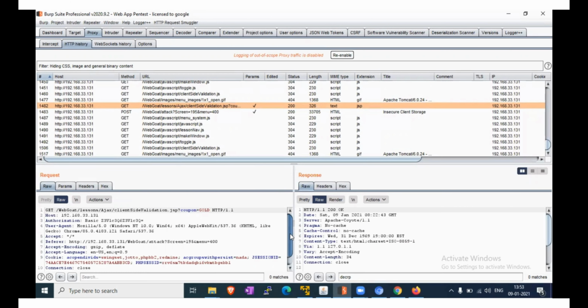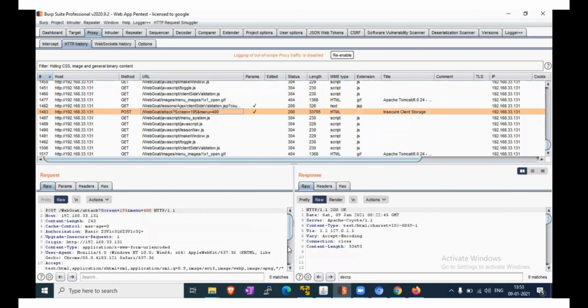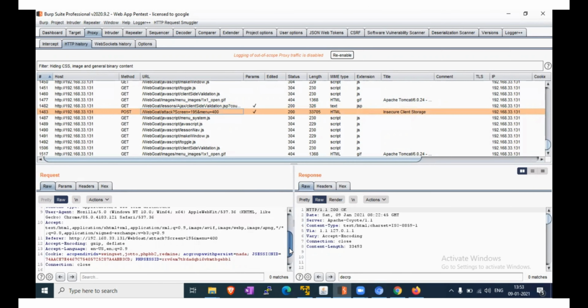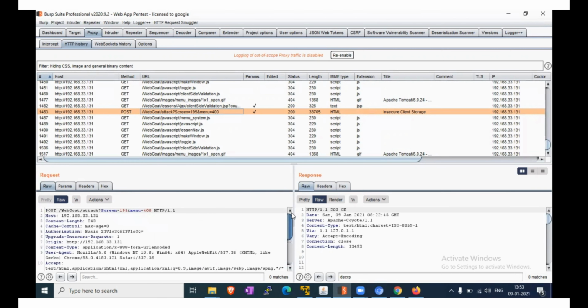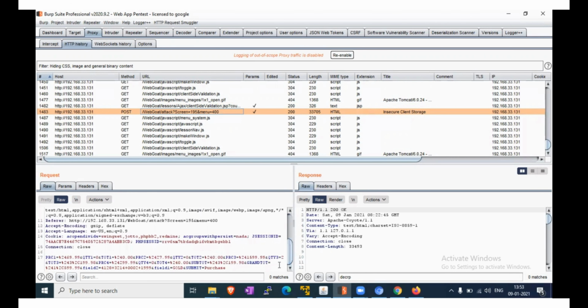This is the coupon code. This is the request. Now we are able to see the price here.